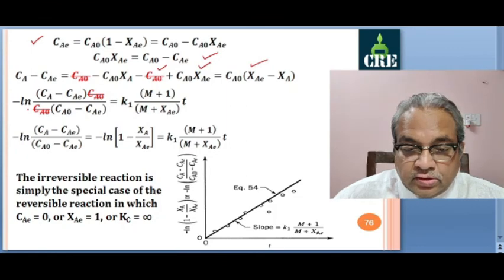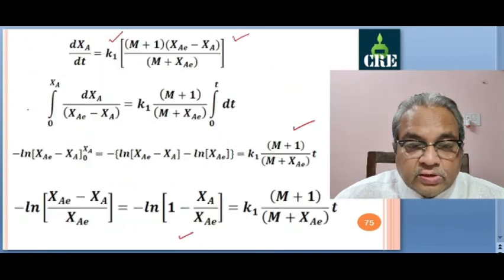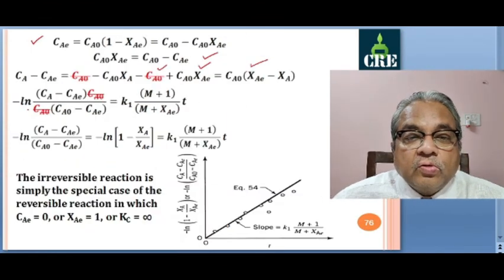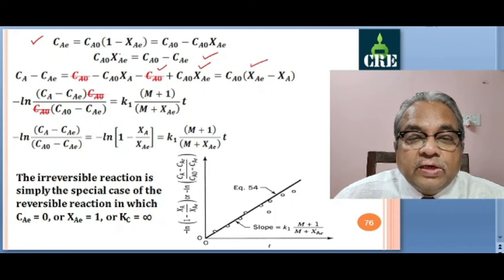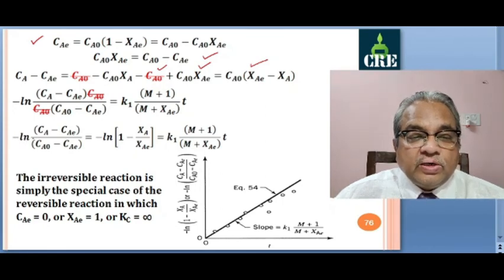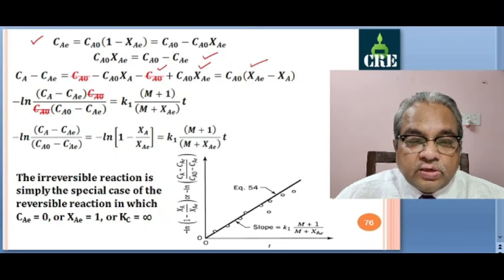What is in the denominator? Simply XAE. XAE is CA0 minus CAE by CA0. So this CA0 will cancel out and we get minus ln of CA minus CAE divided by CA0 minus CAE,